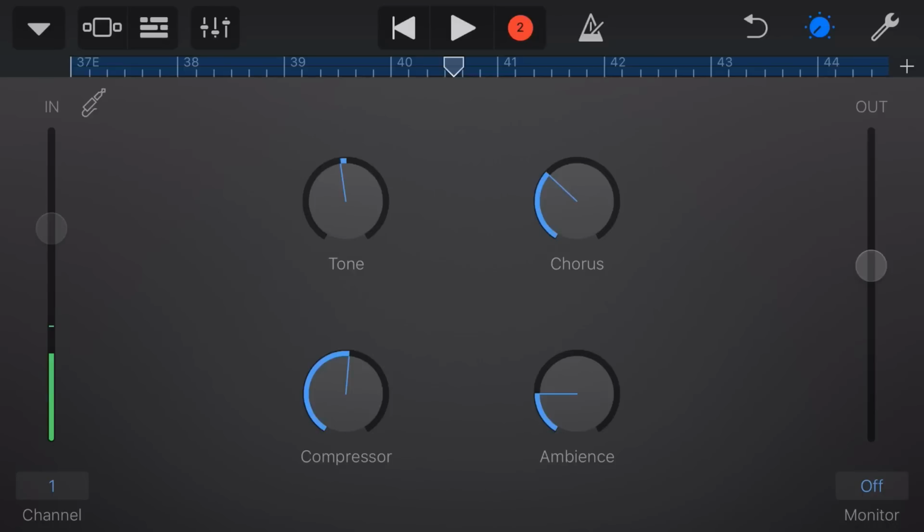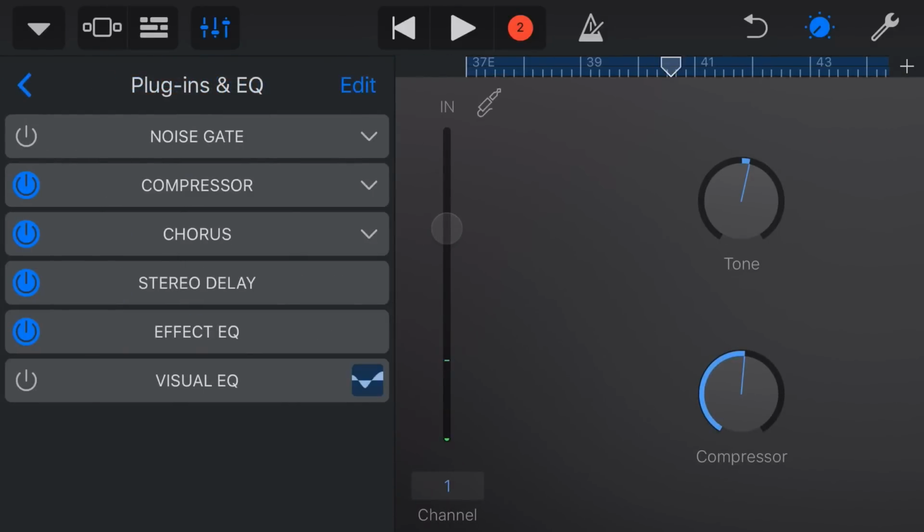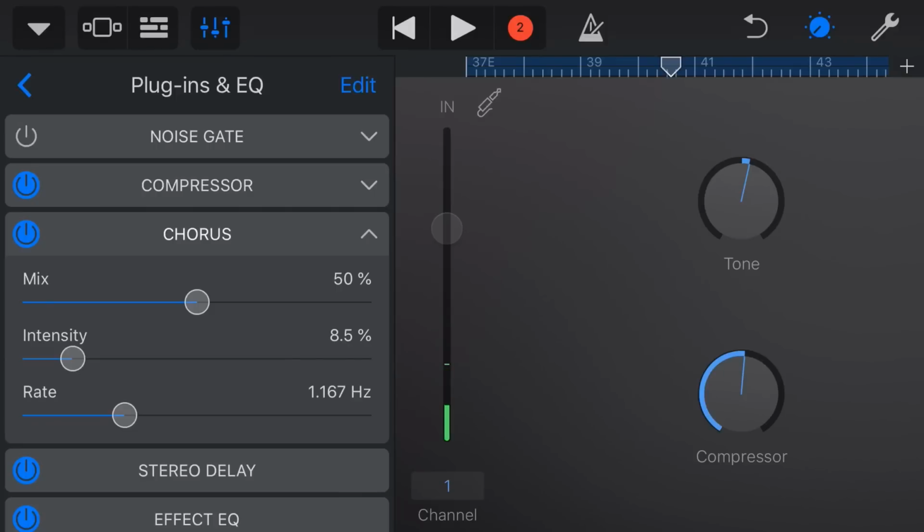So a very heavily affected preset here. So we've got a chorus effect on here. We've got our compressor. We've got some ambience. We've got a tone knob. So the highlight of this one is that here in our plugins and EQ, we have this chorus effect, which we can come in here and change the level of mix. So if we didn't want as much chorus on there,